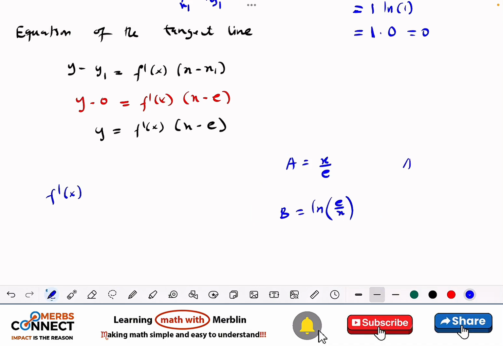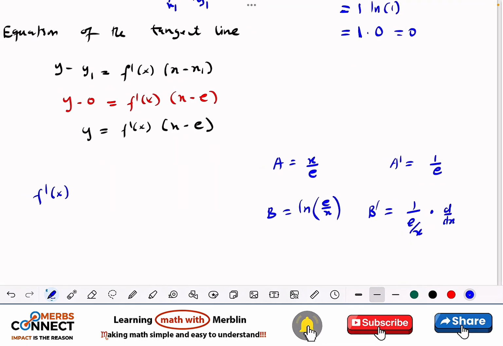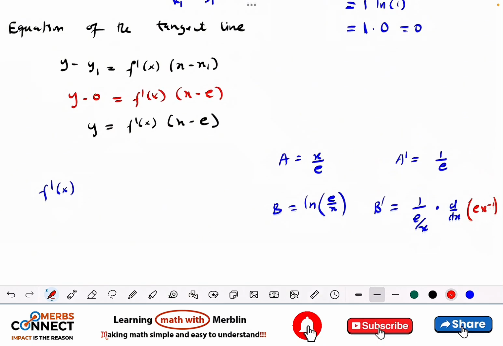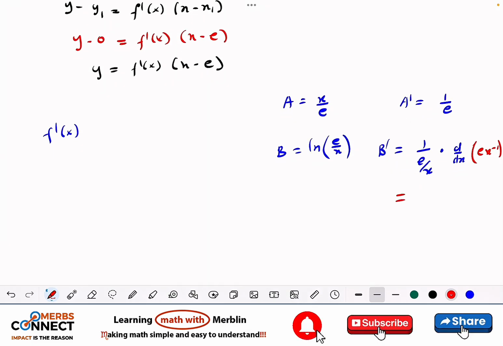So what is a prime? When I differentiate x, I'll get 1, so I'm going to have 1 over e, right? Because the 1 over e stays out, and it's left with differentiating x. When I differentiate x, I get 1. Then, to differentiate a ln function, we said it's 1 divided by what is inside the parentheses, times the derivative of what is inside the parentheses. What is inside the parentheses is the same as e times x to the power minus 1, right? Because the x is dividing. And 1 divided by e over x is the same as x over e, times